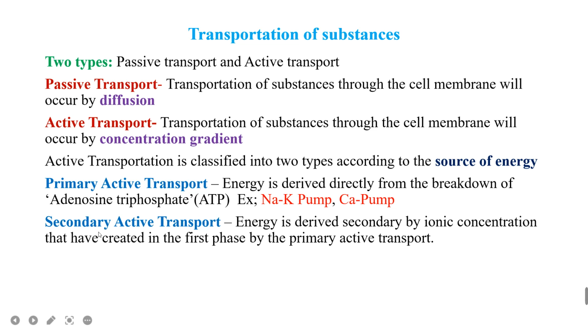Another type is secondary active transport, in which energy is derived secondarily from the ionic concentrations. Because of the primary transport, some energy is available, and energy is derived from the ionic concentration, because of the first phase,